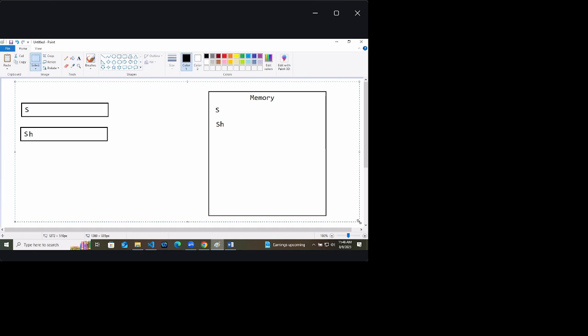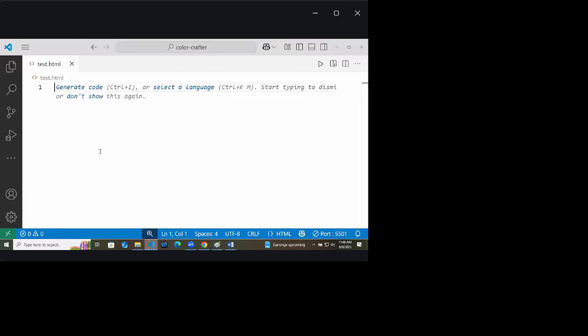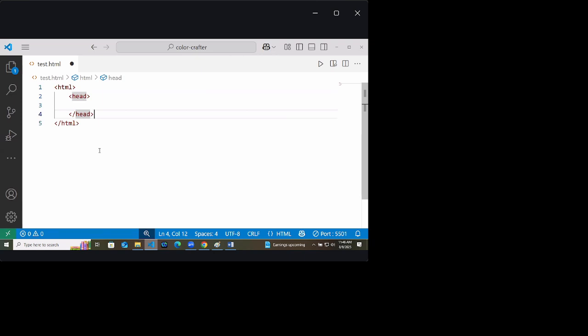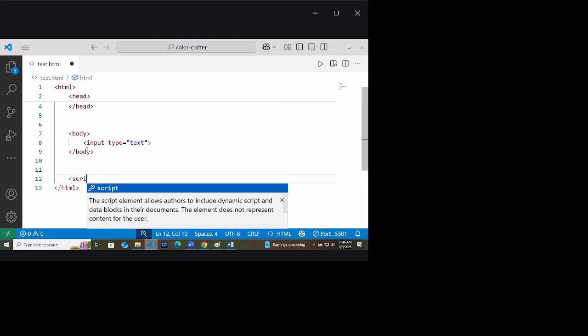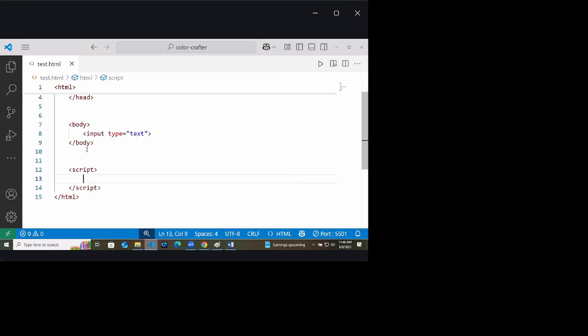But how are we going to create this? Understand here: HTML, head, body. Inside the body, I will write the input type as text, and here only I will write the JavaScript also by using the script tag. Got it or not?